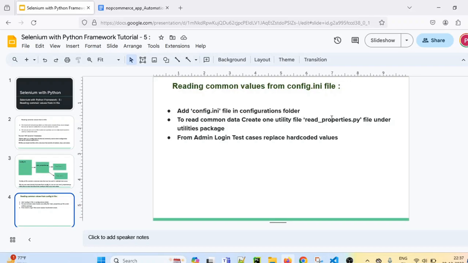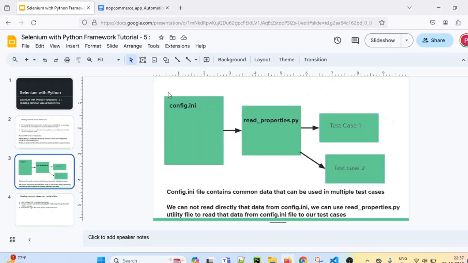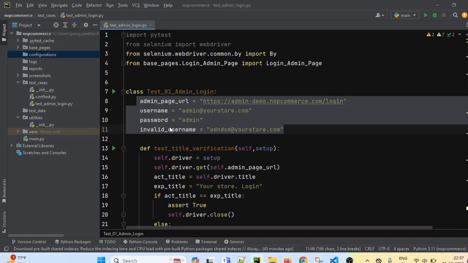And by using this read properties.py file, that is the utility file, we can read the data from config.ini file. So if you see, we will create config.ini file in our configuration folder. This config.ini file will contain the common data. So if you see the test case, this common data we will keep in config.ini file.